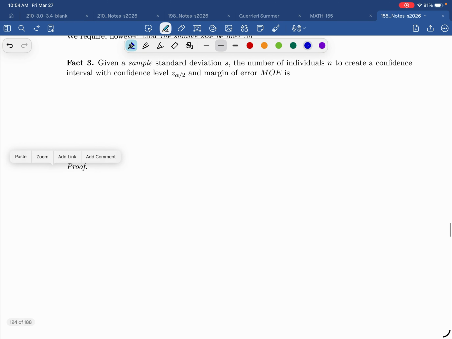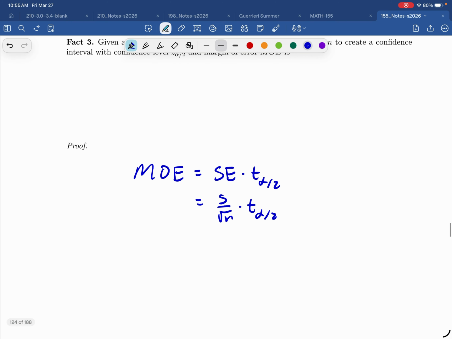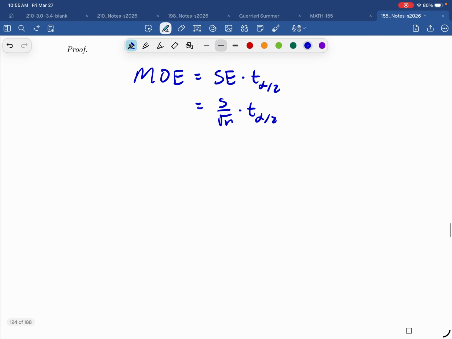Let me just show you how it's going to work out. You could say the margin of error equals our standard error times our critical value, which is s over root n times our critical value. And then say, if we want to solve for n,